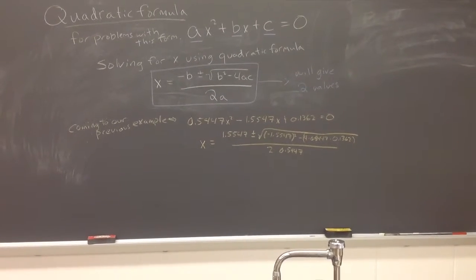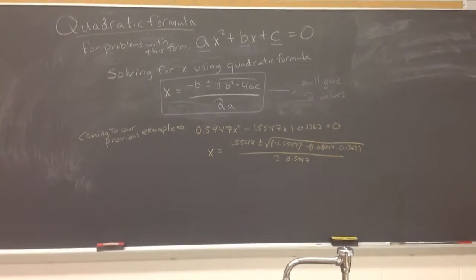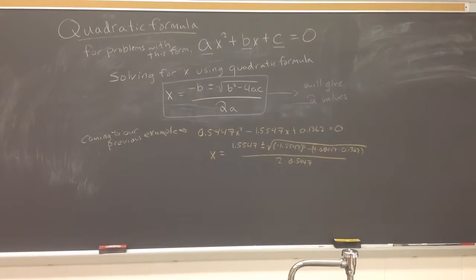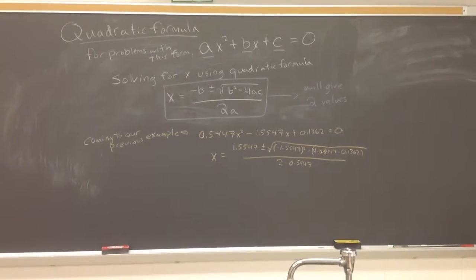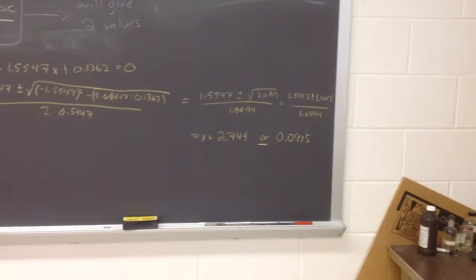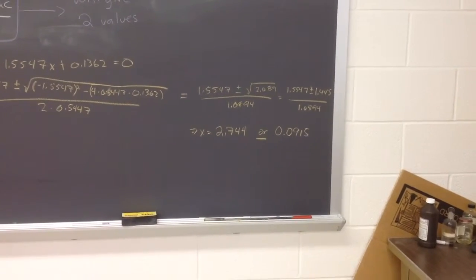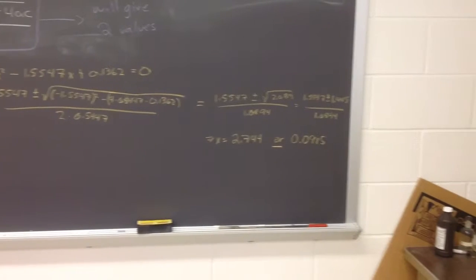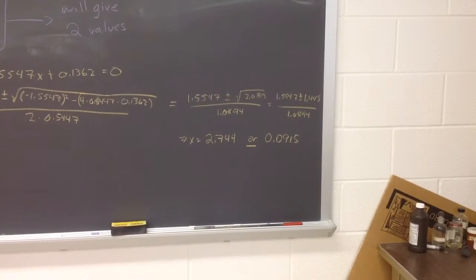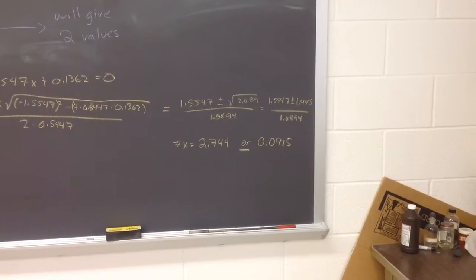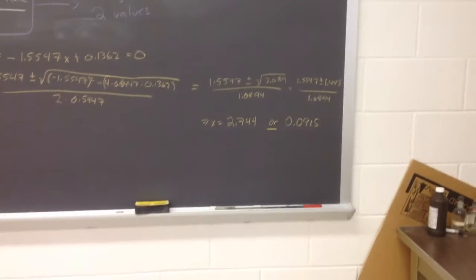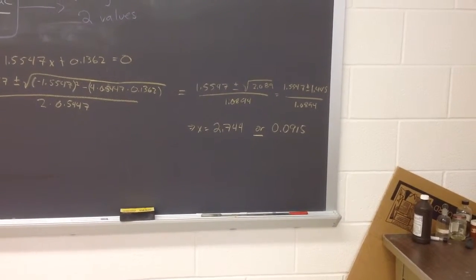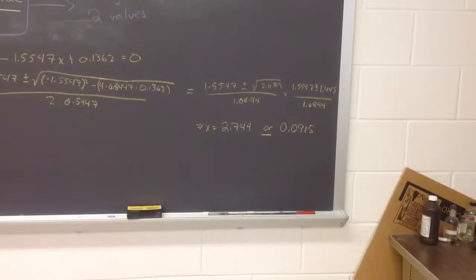Okay, so now I'm going to take a moment and solve for x. I've not done that yet, so we'll do that. We'll see what our two values equal. Okay, coming back. So I've plugged in my values. I've now solved for everything in the square root and then taken the square root of it to get 1.445. So I can get two possible values here for x by solving this. I get 2.744 or